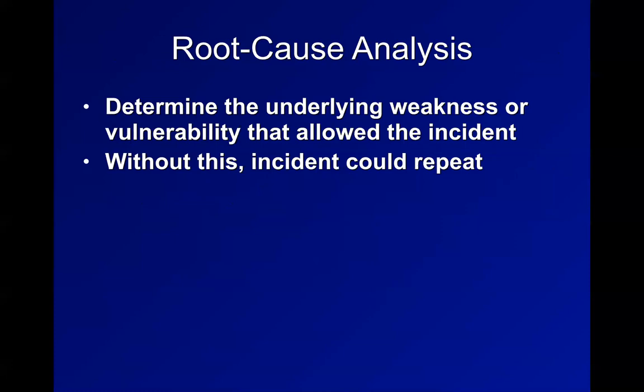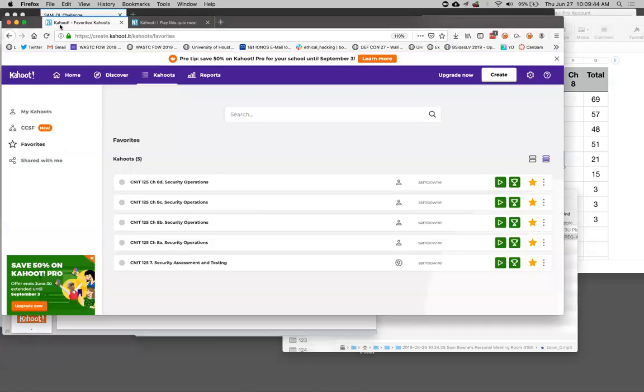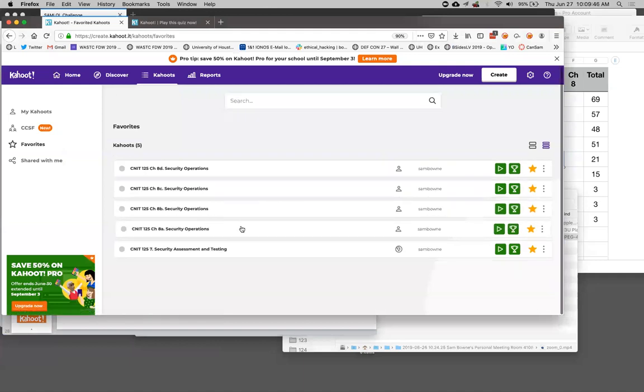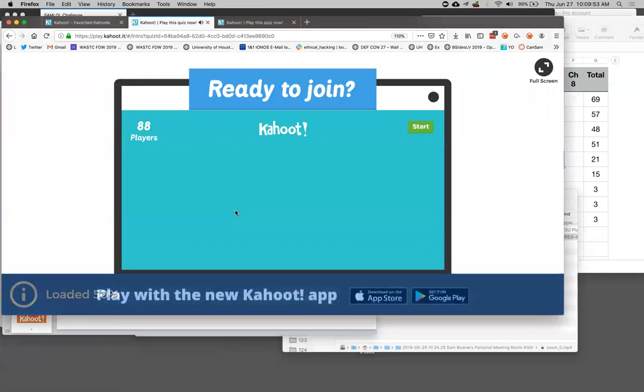All right. So I got some Kahoots about that, and they will be 8A, I think. If I can get to the right page. Yep, 8A. All right.